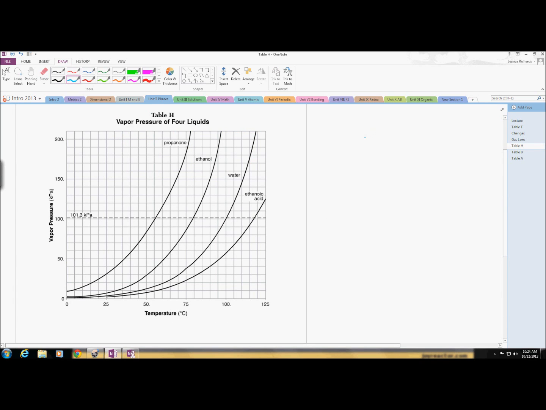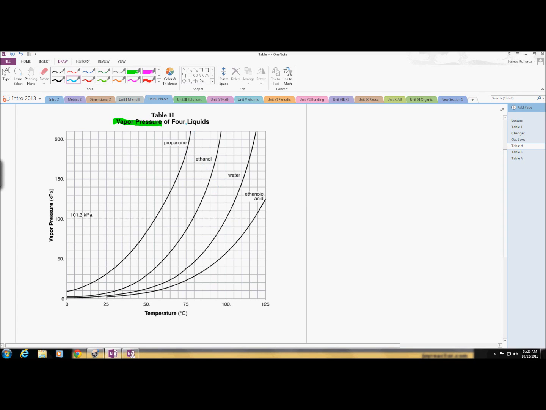When you look at it, the title of it is Vapor Pressure of 4 Liquids. So generally, if a test question is asking something about vapor pressure, this is the vapor pressure graph that you want, and this is where you're going to get information. If we take a look at the 4